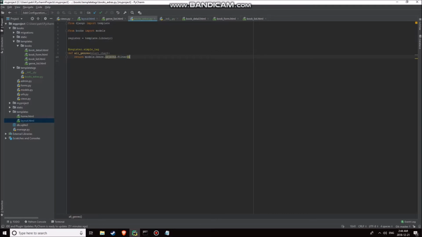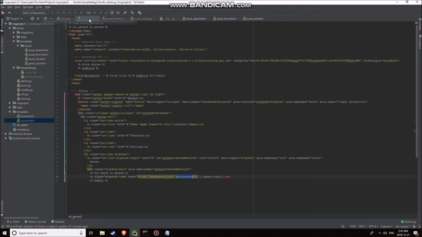And Django has a useful querying method where you can state the attribute, and I think it's startswith, I hope, something like that. So we're saying the topic of the genre starts with our start char that we define,